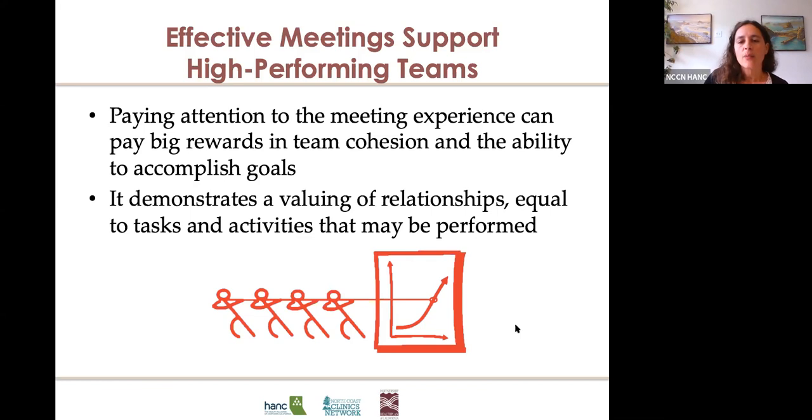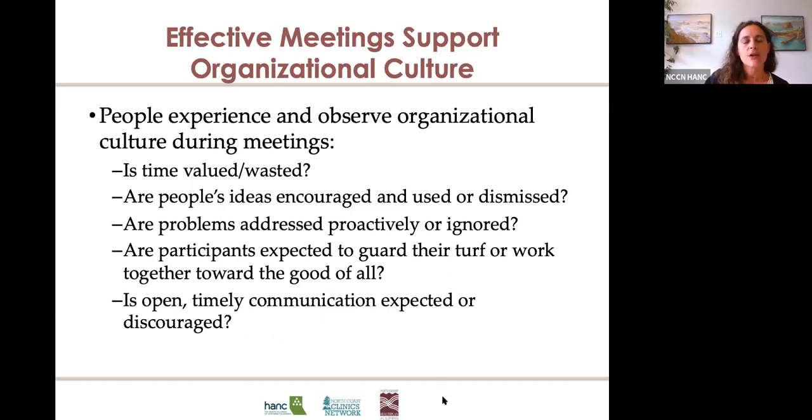And so all in all, the meeting is the space to recognize the value of the team and also to encourage that idea of personal accountability. And so we can show through our meetings that we're not only valuing those actions and those results, but the actual individuals that are around the table as well. Next slide, please.